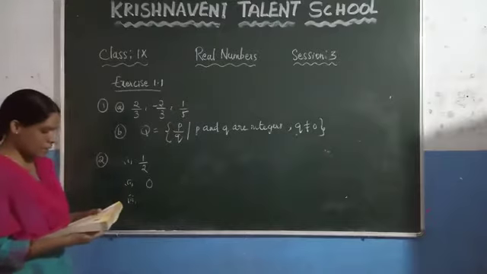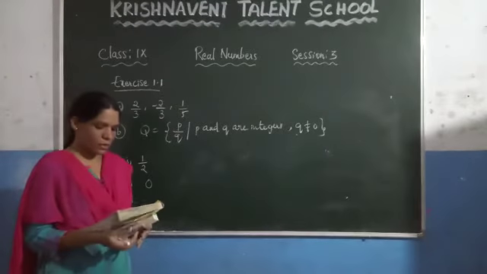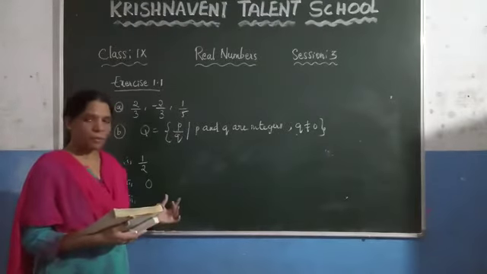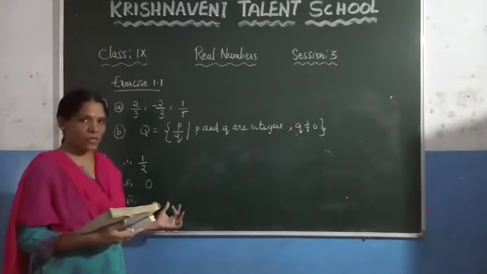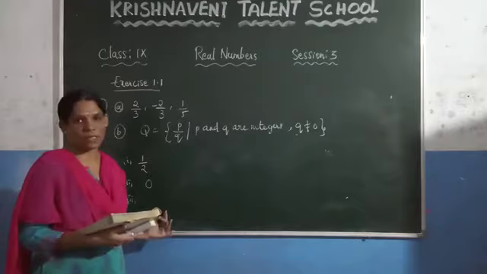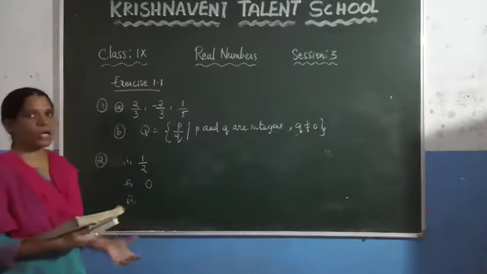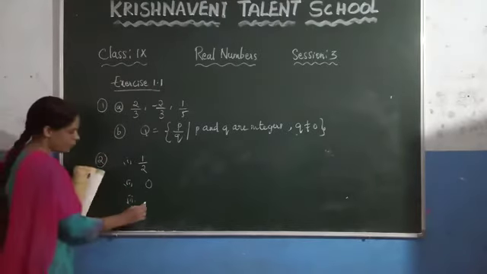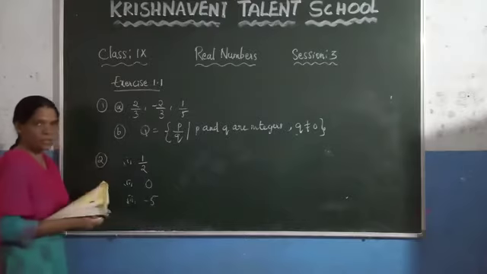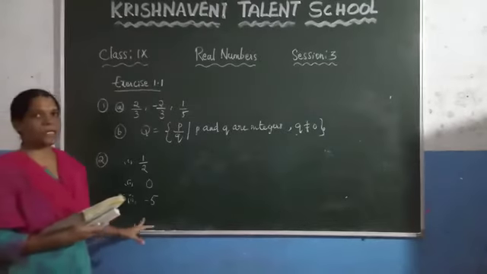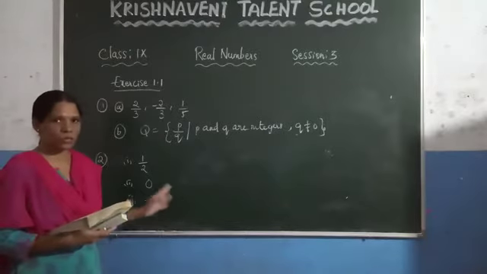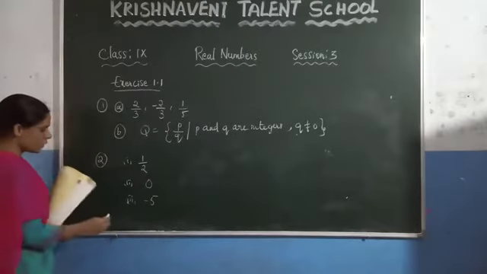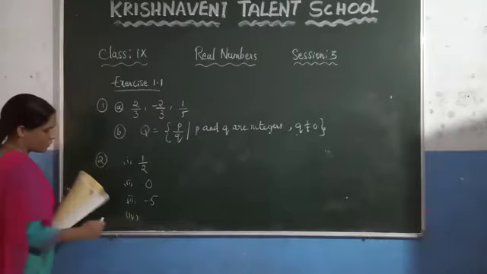Third one, an integer which is not a whole number. You have to write an integer, but it should not be a whole number. What are integers? You know that if we add negative numbers to the whole numbers, we will get the integers. So you have to write here any negative number. Let us take minus 5. You know that it is an integer, but it is not a whole number because the whole numbers start from 0, 1, 2, 3 and so on. Now let us solve the next one.